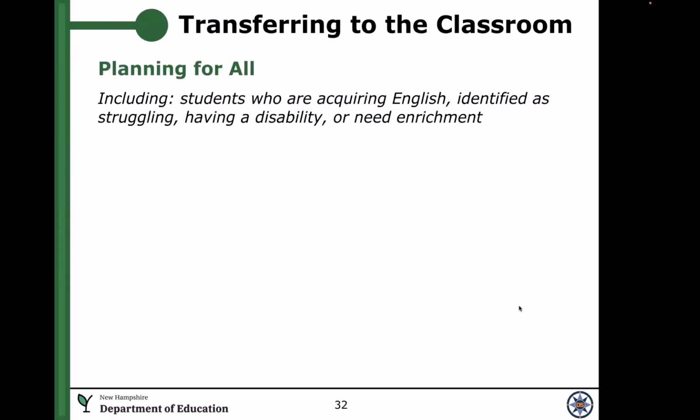So when we're talking about planning for all, we're talking all, right? It is your EL learners, your struggling learners, your students with disabilities, students who need enrichment. As teachers, we know, or we should know, that just because a student is special ed doesn't mean that's not your student. It is your student. They're in your classroom, and you're to make sure that you are also meeting the needs of that student in your classroom. So we're looking at what supports are going to be needed, basically modeling and thinking aloud and